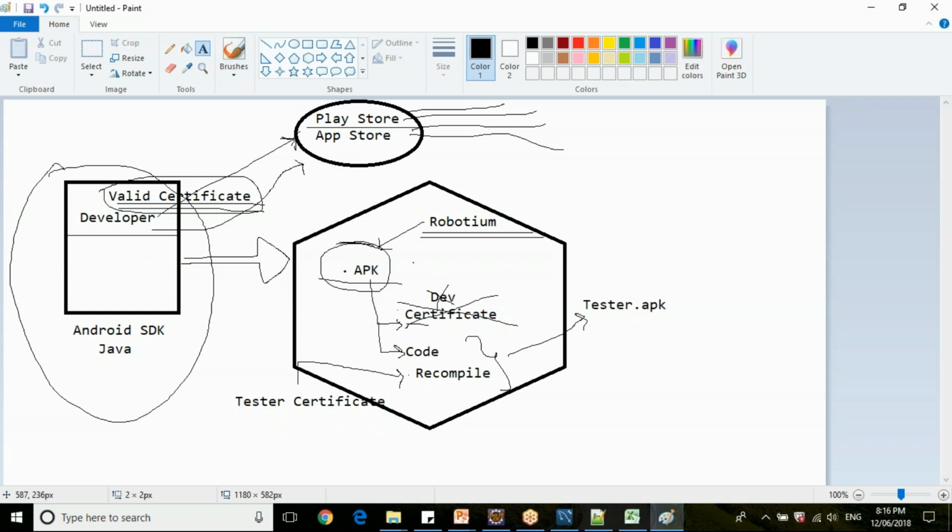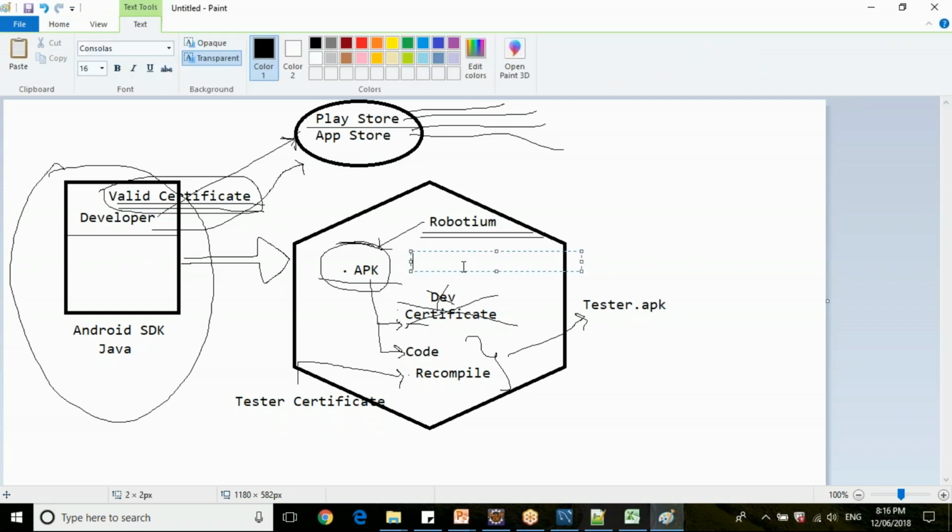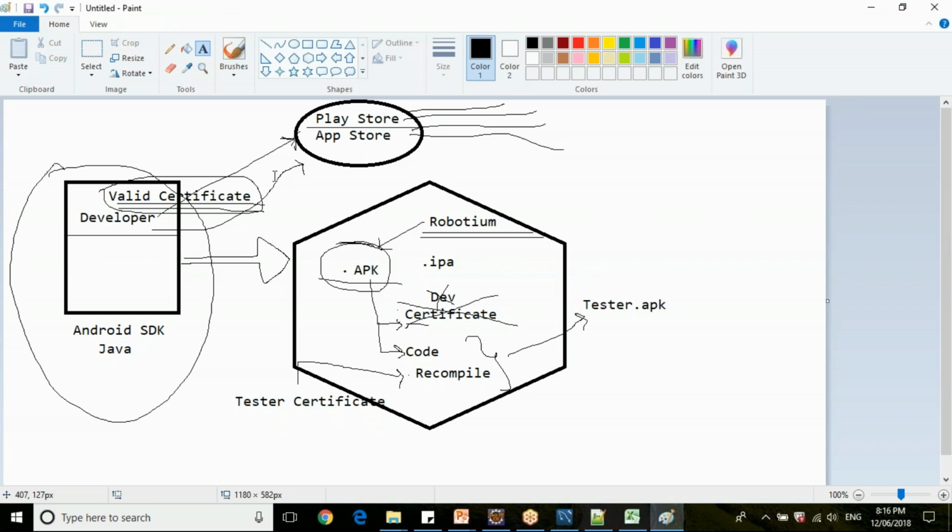Any guess for iOS applications, guys? What is the extension for iOS applications? It's .ipa. So when the developer builds .apk or .ipa files, he will have his own certificate bundled in these APK or IPA files.